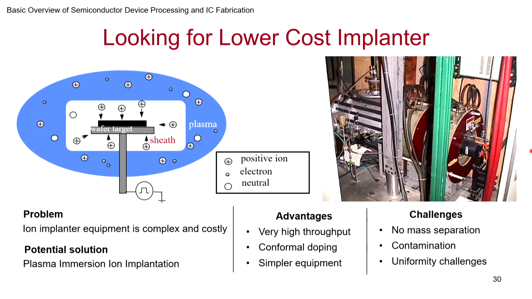No mass separation. So any gas that is coming in can get ionized and get implanted. So the purity aspect that we talked about in ion implantation is sort of compromised. Contamination of the chamber, all that can come in, because this plasma is touching the walls, you have to of course protect it with coatings of quartz or something. That's something that will not contaminate your VLSI substrate, but this is certainly more challenging.